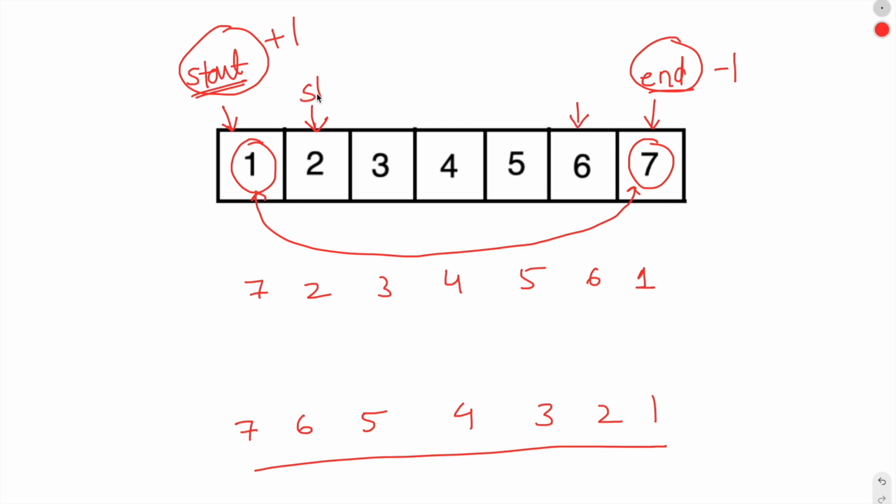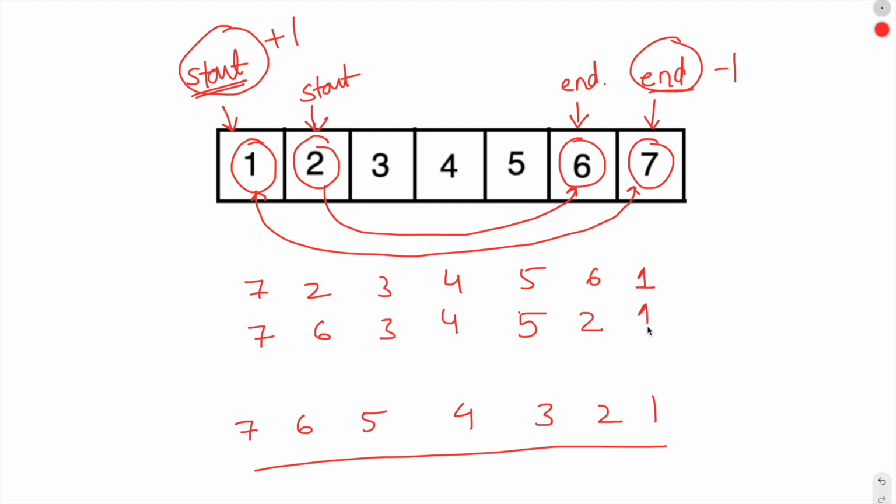So what we will do is we will again swap the elements at start and end. So 2 will be swapped with 6. So now the array will be 7, 6, 3, 4, 5,